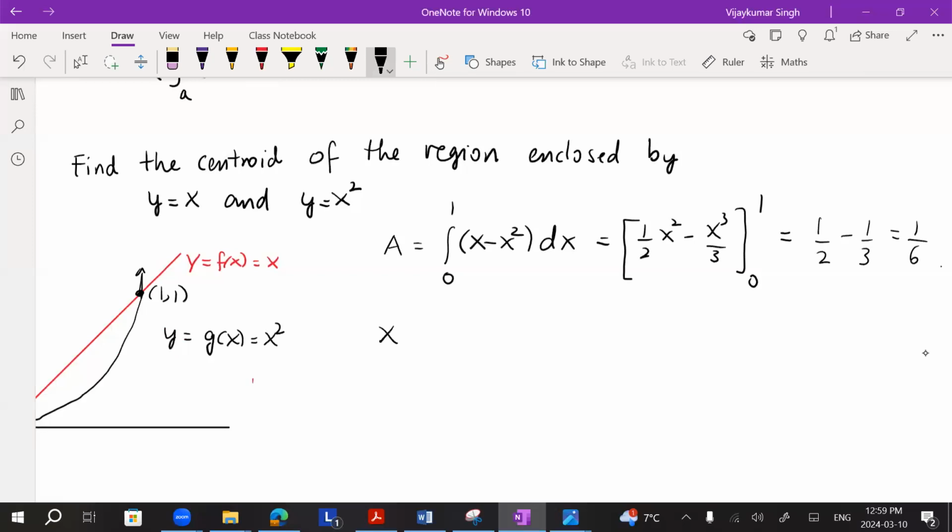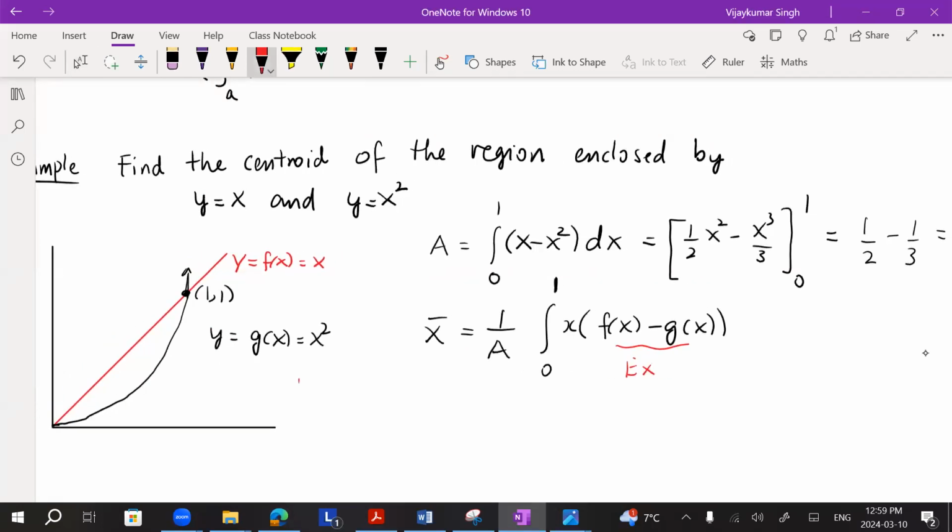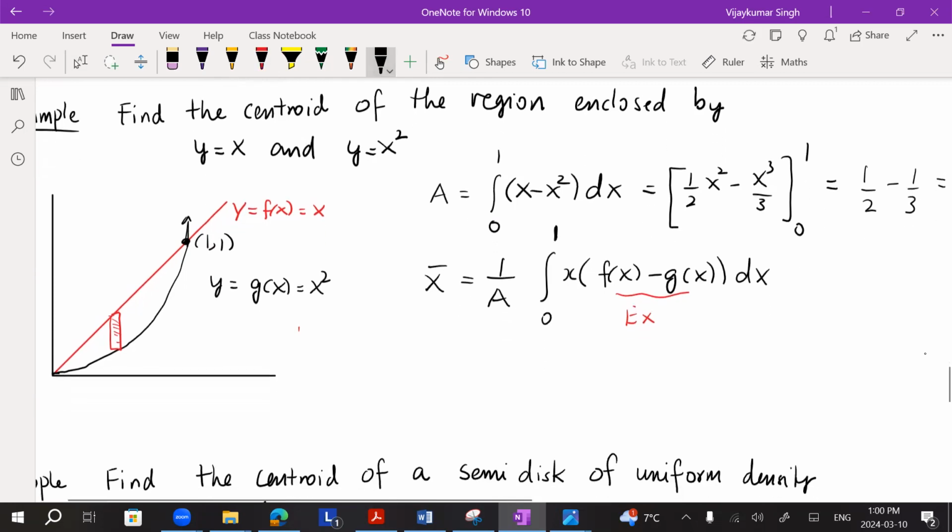Now, x bar. It is interesting to note that x bar is going to be 1 by A times the integral from 0 to 1. Earlier it just had f of x, right? So here we'll have x times f of x minus g of x. This is an exercise. You should see why that is the case. Again, it will follow from the fact that you are now looking at this piece, which is upper curve minus lower curve. So f of x minus g of x, right? While doing the Riemann sum business. So dx,